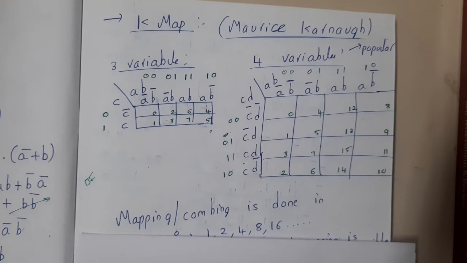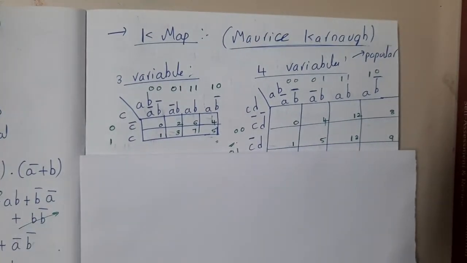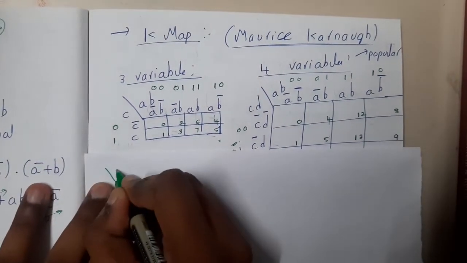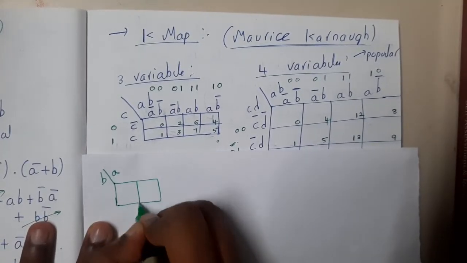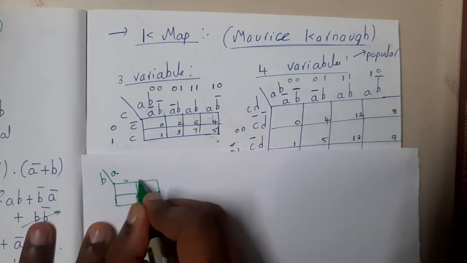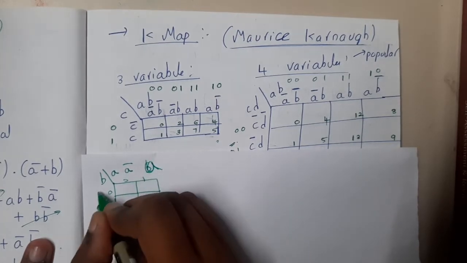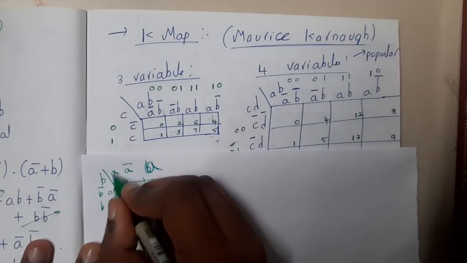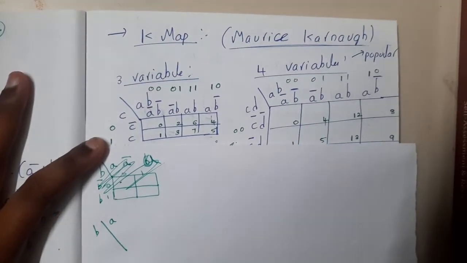Most of you will be thinking, what are these diagrams? Let us start discussing. I'll be discussing three variables. If we ever find two variables in our previous year questions, we'll discuss that also. If you want, I can just draw the two-variable one. A and B are two variables. What are the different combinations? Here you can have 0 and 1, 0 and 1, that is B bar and B. Let me draw this again, a bit bigger, because it's a bit confusing, so that it will be clear for us.